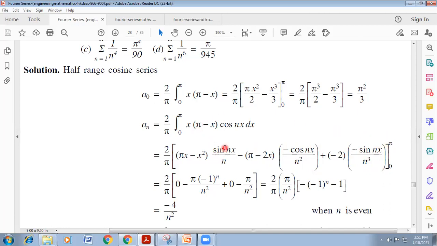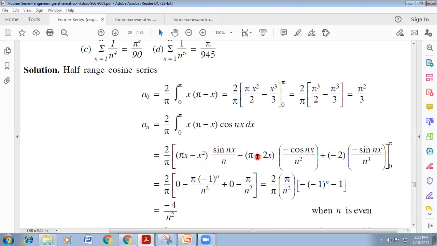We got the third term here, because u into integration of v, minus differentiation of u, double integration of v, plus double differentiation of u, triple integration of v. Remember it. This is the UV process formula from the first class, from the first part of the Fourier series class. You must know.